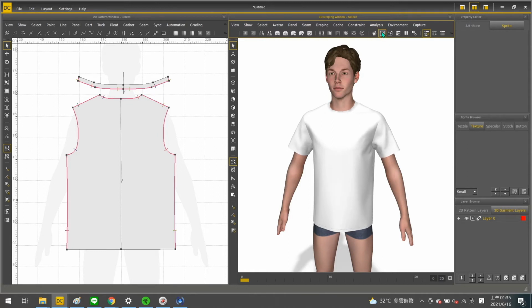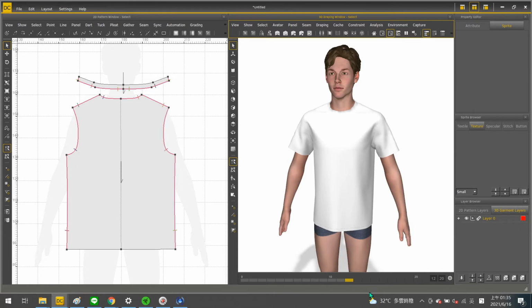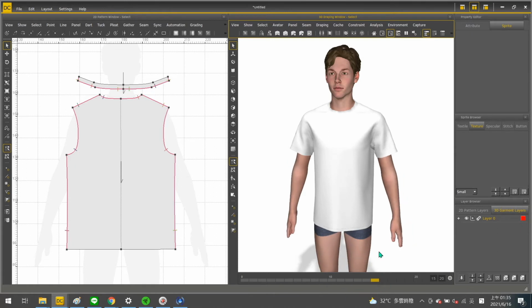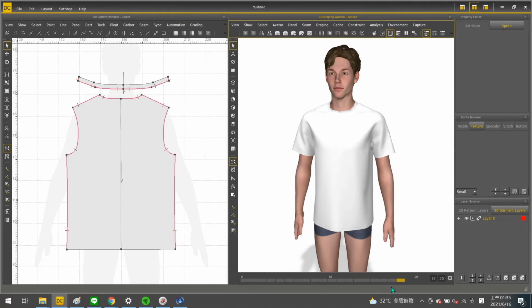The other kind of simulation is called Dynamic Play. You can find it right beside Static Play. During simulation, the avatar will move while the garment is being simulated. When you use it, you can see this small box moving here. It is the frame of the animation.